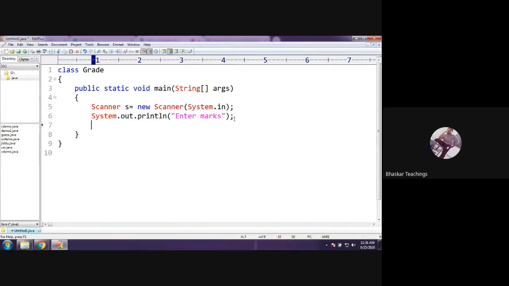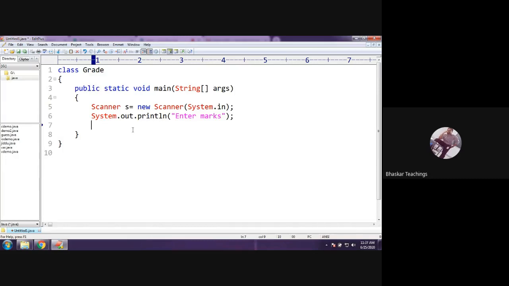So actually we can put a loop here. 5 marks, right? You can write the nextInt code and put it into a loop which will iterate 5 times. For 5 subjects, 5 iterations will be done. Or you can simply write nextInt 5 times. Anyhow, we are here concentrating on if, else if, and nested if. Therefore, we should not bother about these loops. Let us write it 5 times only.